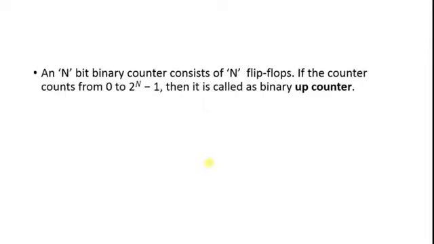And additionally, there is one more important counter that is possible in the case of synchronous counter. It is called a skip counter. A skip counter is a counter which skips a state in between. For example, if I want to count from 0 to 3 and I want to skip 2, so 0, 1, then after 1 we get 3 directly, then again 0. So 0, 1, 3 and 0, that counting is possible only in the case of synchronous counter, not in the case of asynchronous counter.